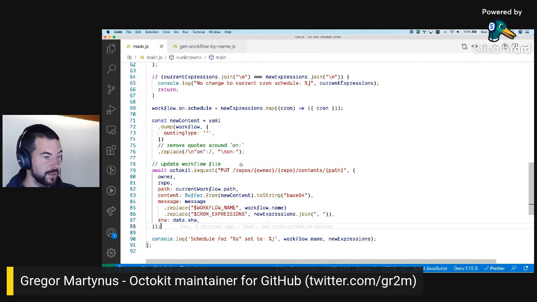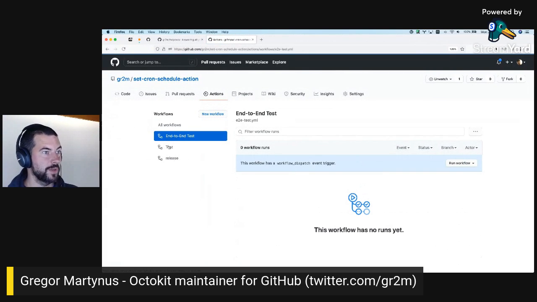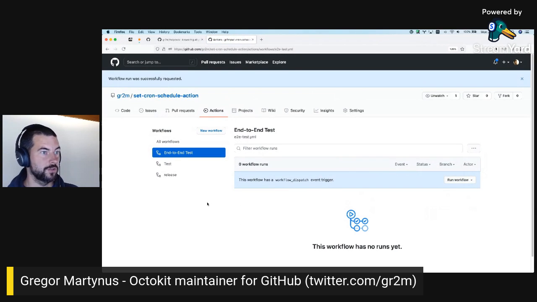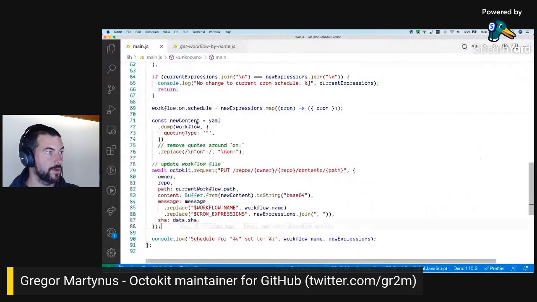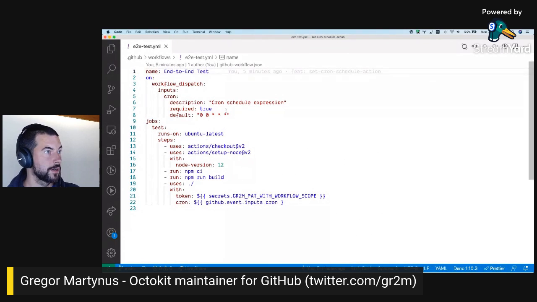And that's it. And I also created a new action here that I haven't tested yet, which is basically an end-to-end test where I can use the workflow trigger with an input to set the cron to whatever I want. And while this is preparing, I can show you the code for this.